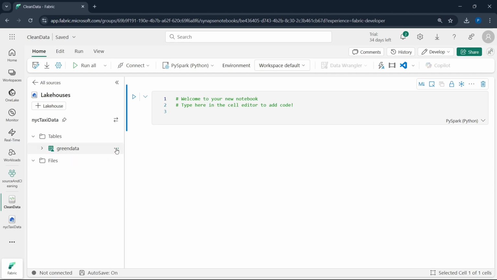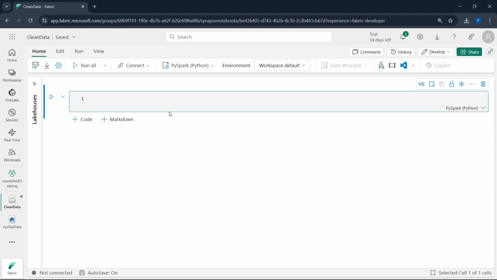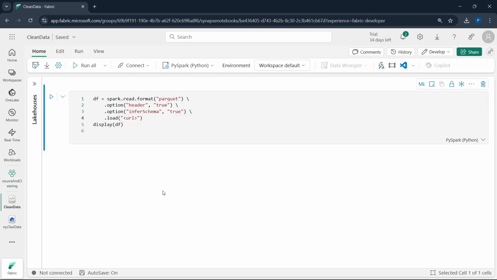So how can we do that? Click on the three dots and let's copy the path. And now let's collapse this. So we will create our DF here. Let's type the command. And this is the command we are going to be using for creating the DF, which is df equals